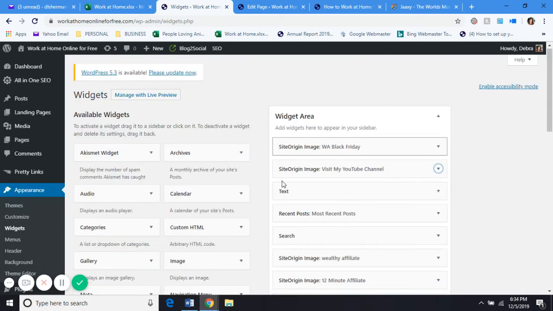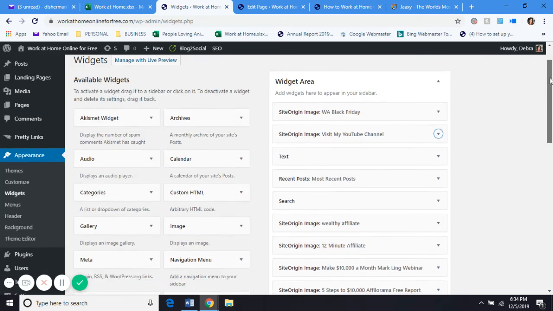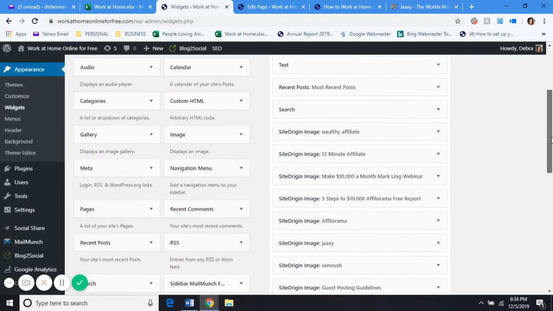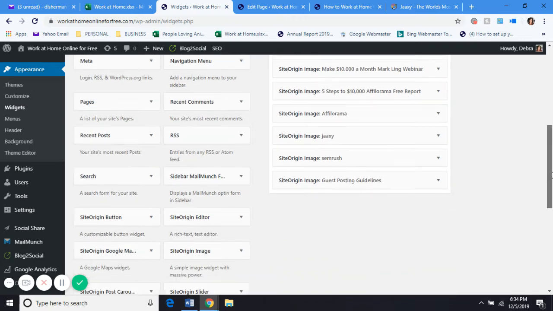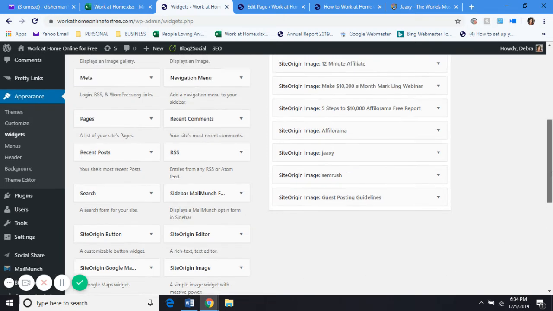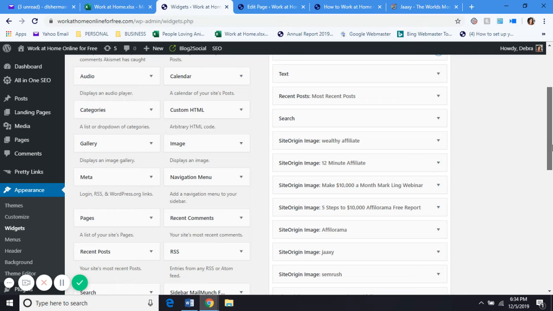Okay, now how I got these over here is I go down here. It says available widgets. I click on Site Origin Image. Once you add that plugin, this is the one that I use. I click on that and it lets me select the image that I want, upload it from my computer, and it lets me add it. Now what it does is it opens up